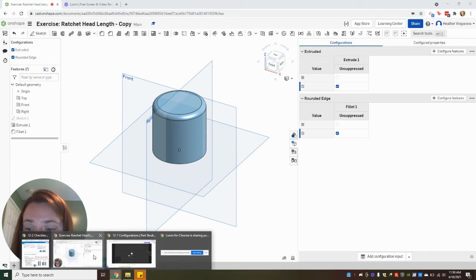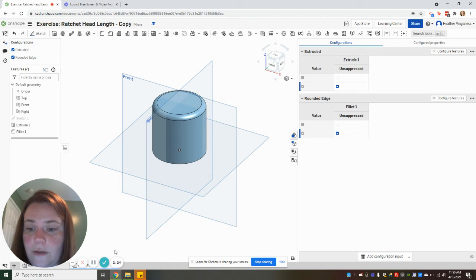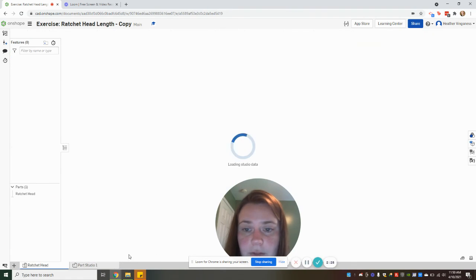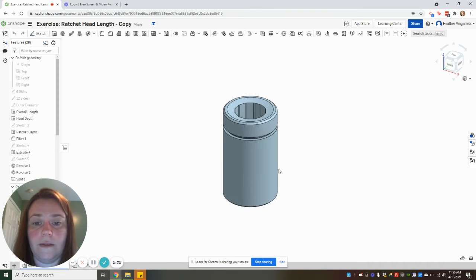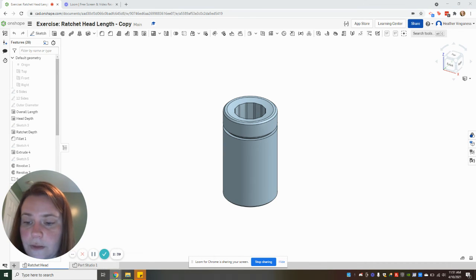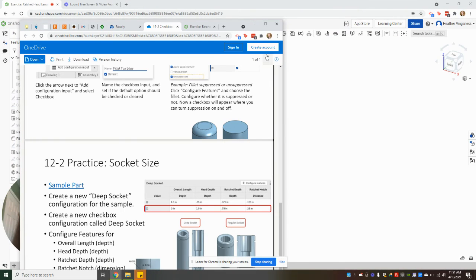Your mission today is to take this ratchet head. Here is the ratchet head, and we're going to create a checkbox configuration for this ratchet head to have it be either a deep ratchet or a shallow ratchet. So here are the